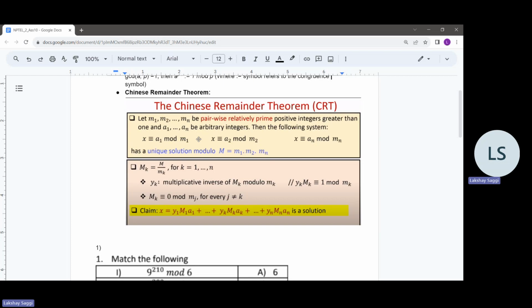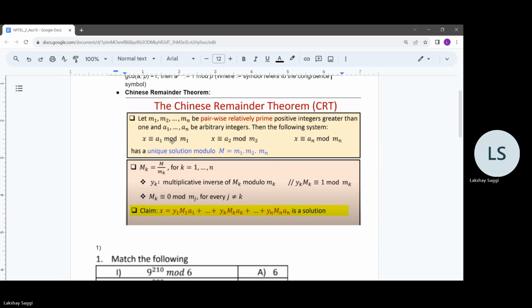And let a1 to an be arbitrary integers. Suppose we want to find the solution for this sort of system, where we are given that x is congruent to a1 mod m1, a2 mod m2, till an mod mn. Essentially this means that x minus a1 should be divisible by m1, x minus a2 should be divisible by m2, till x minus an should be divisible by mn. And then we want to find out what integer x will satisfy all these equations